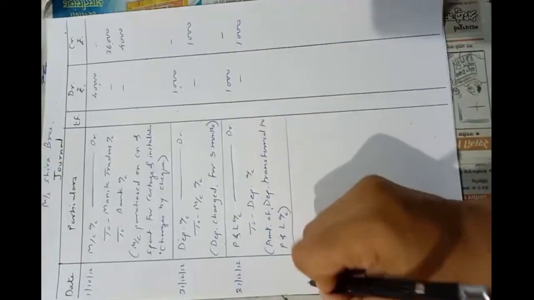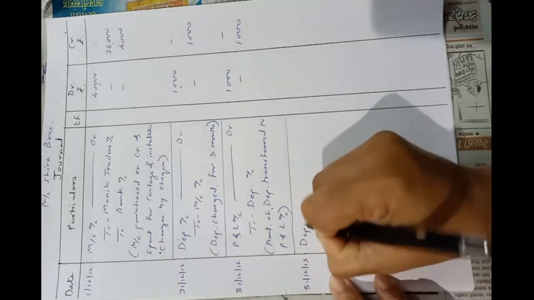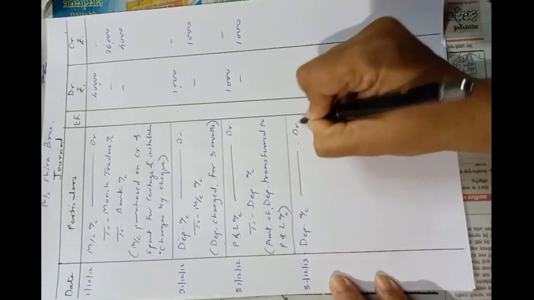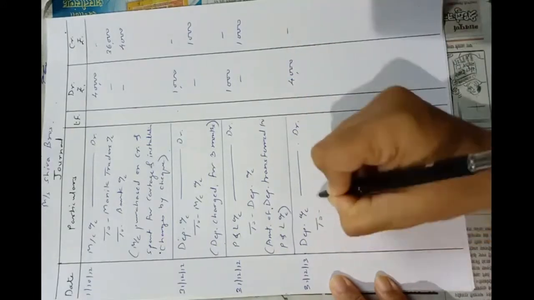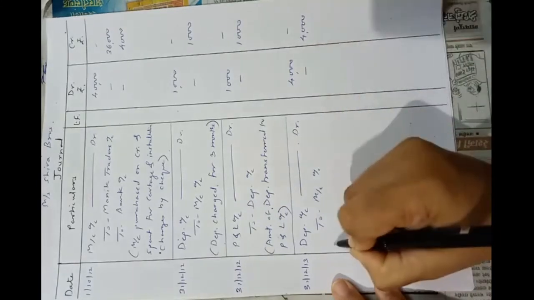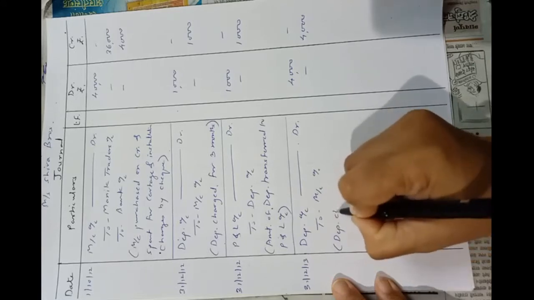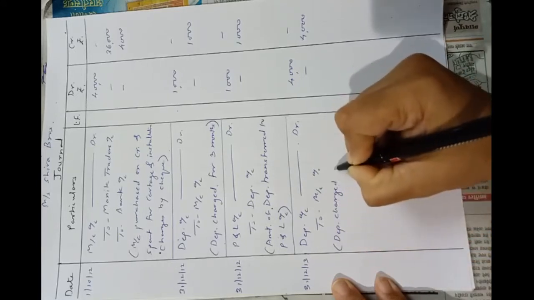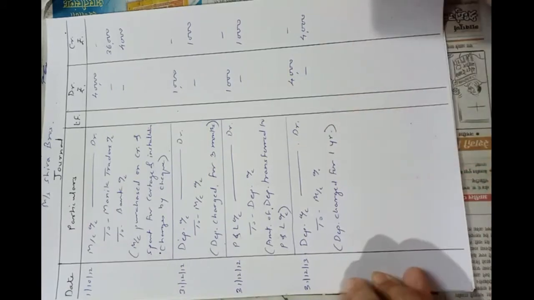So now on 31st December 2013, depreciation account debit, now amount is 4000 to machinery account 4000. Okay, and narration is depreciation charged for 1 year or 1 full year. Okay,